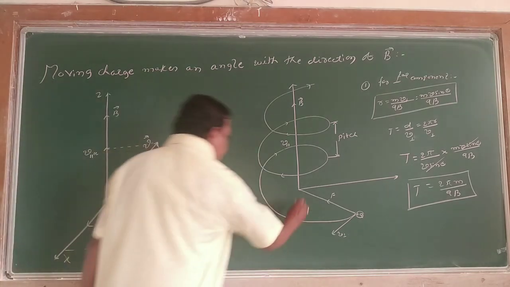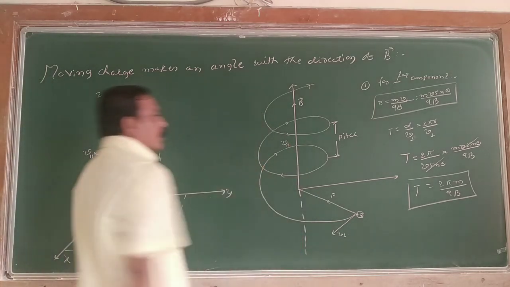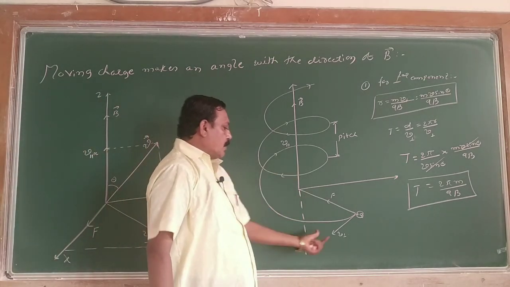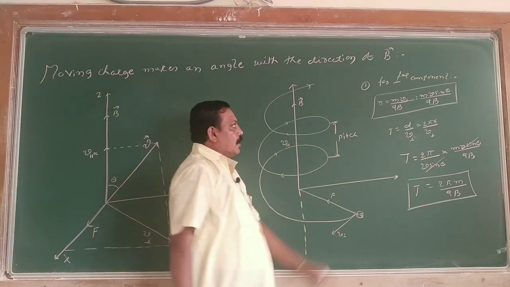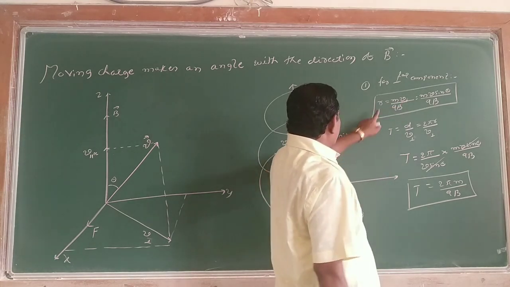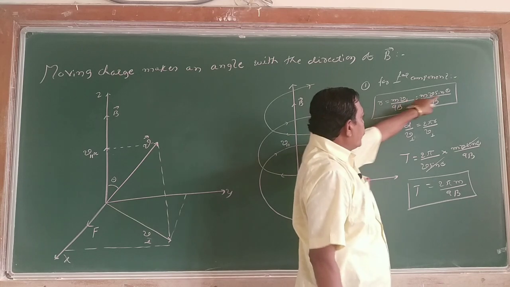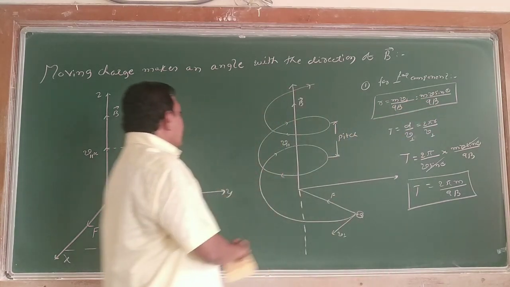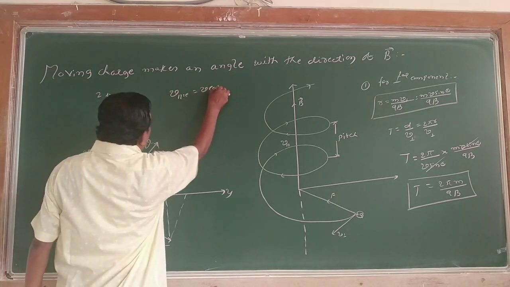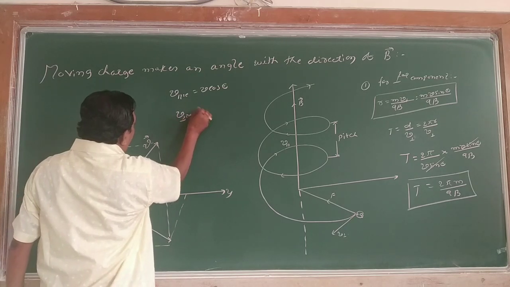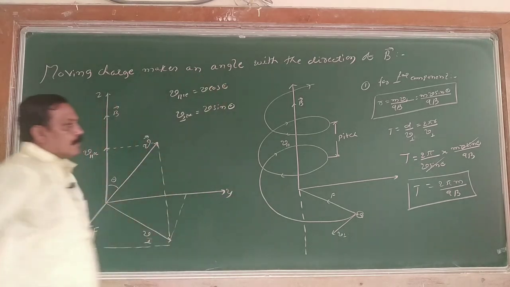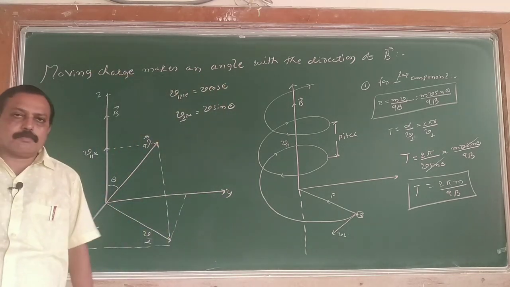Right? Let me extend this. For the perpendicular component, the circular path is traced with the perpendicular component of velocity, so r equals mv by qB. Which velocity is responsible for moving in a circular path? That is the perpendicular component, v sin theta. The parallel component is v cos theta. V parallel equals v cos theta, and V perpendicular, the vertical component, is v sin theta. Right? Now this is for the perpendicular component.